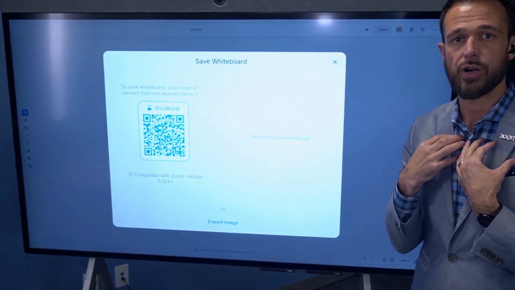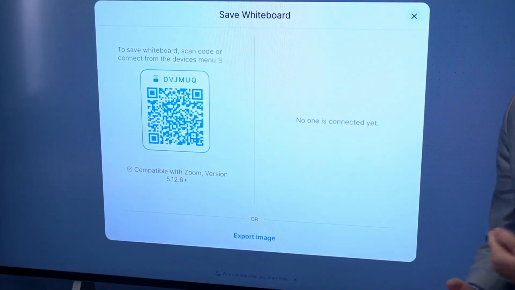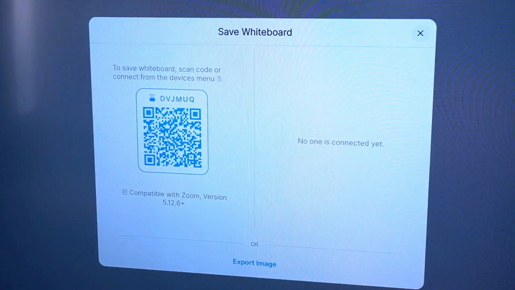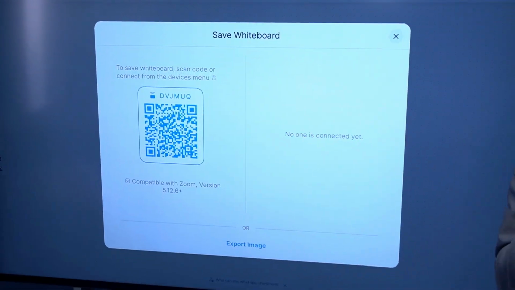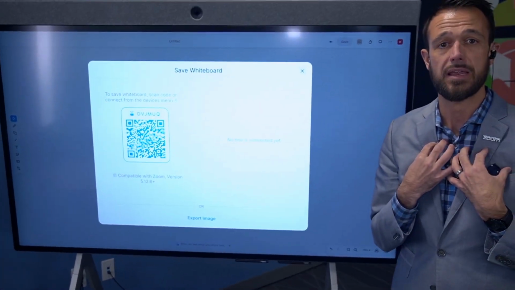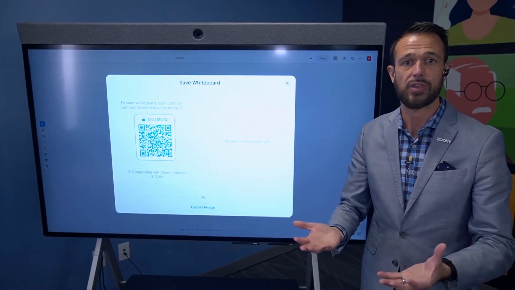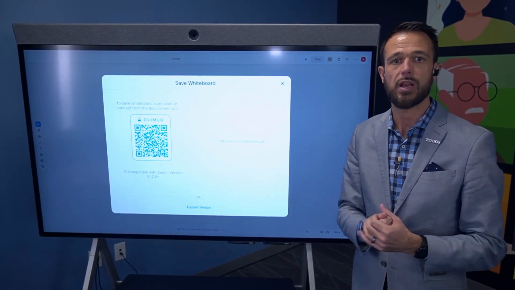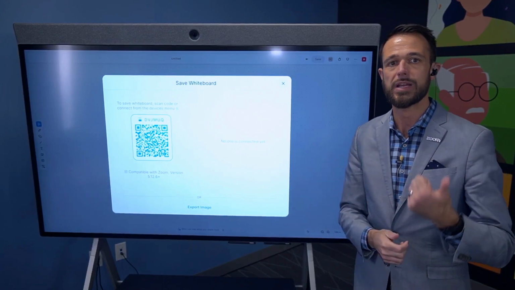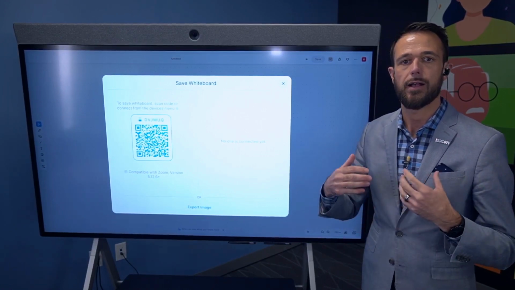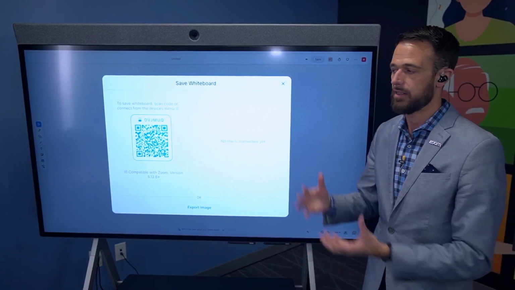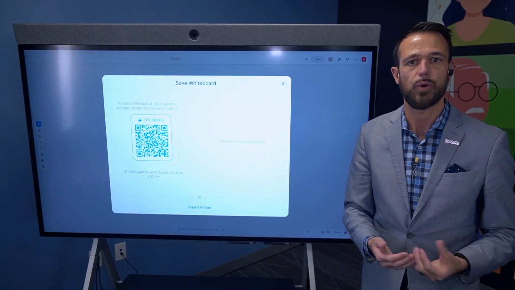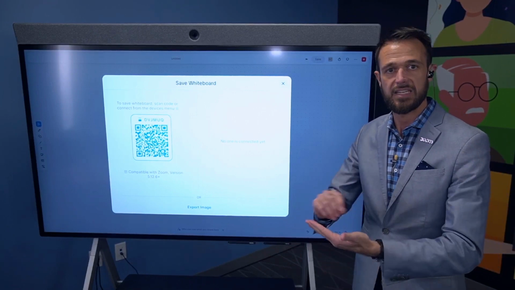So as a user, I can scan that QR code, and what it does is it authenticates me as a user and saves that whiteboard to my personal profile. So as soon as I do that, the whiteboard is brought into the Zoom clients and it's accessible to me and only me. And at that point, I can go ahead and share this out to team members that I'm working with. I can make them full editors or read-only or a variety of different control capabilities for the actual whiteboard. But the point there is this work comes with me. So I can go home, put the kids to bed, pull up my iPad, and continue working on this same